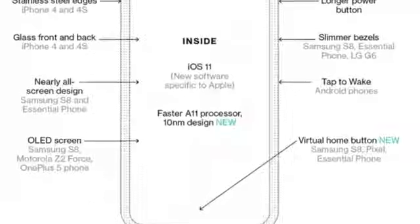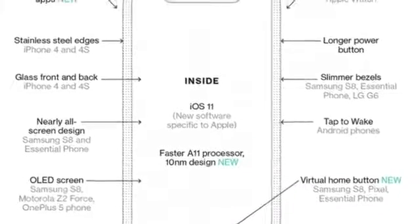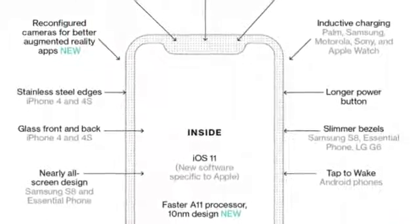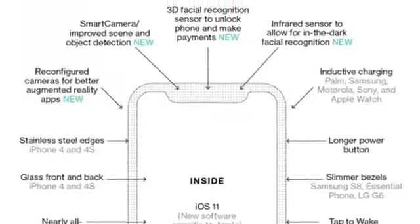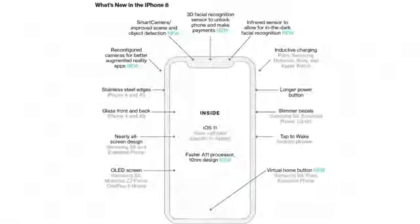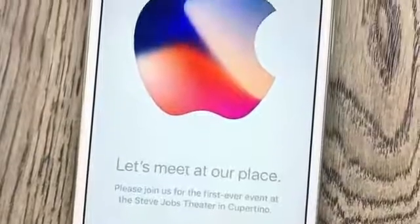The iPhone X is the first iPhone to have wireless charging, the first to have fast charging, first to have an OLED display, first to have a 3D facial scanner which will be much faster and accurate than a normal 2D scanner, and first to kill the poor Touch ID. Like, there's a lot of firsts with this iPhone, and it's less than a week away from the official announcement